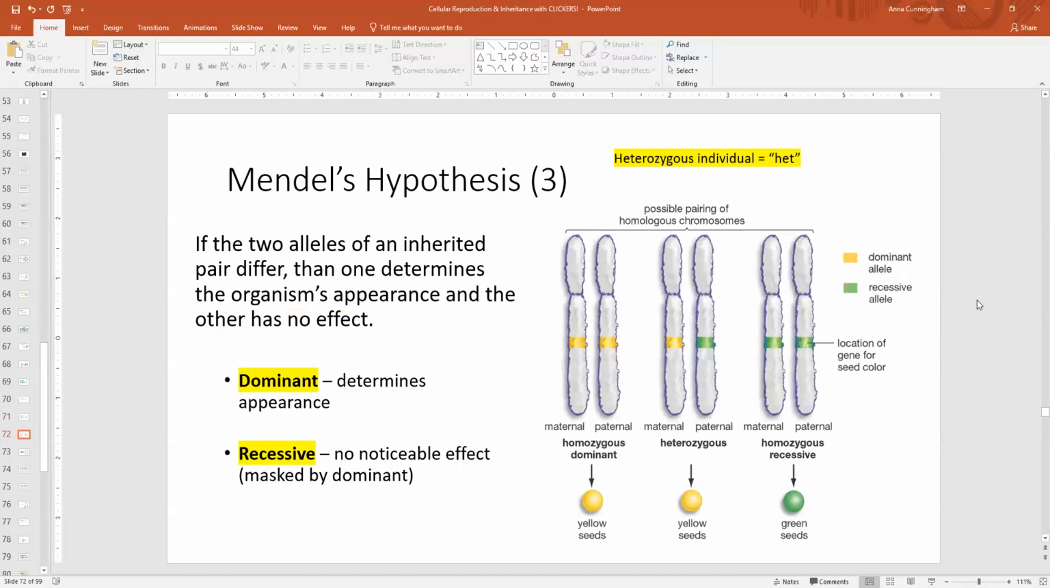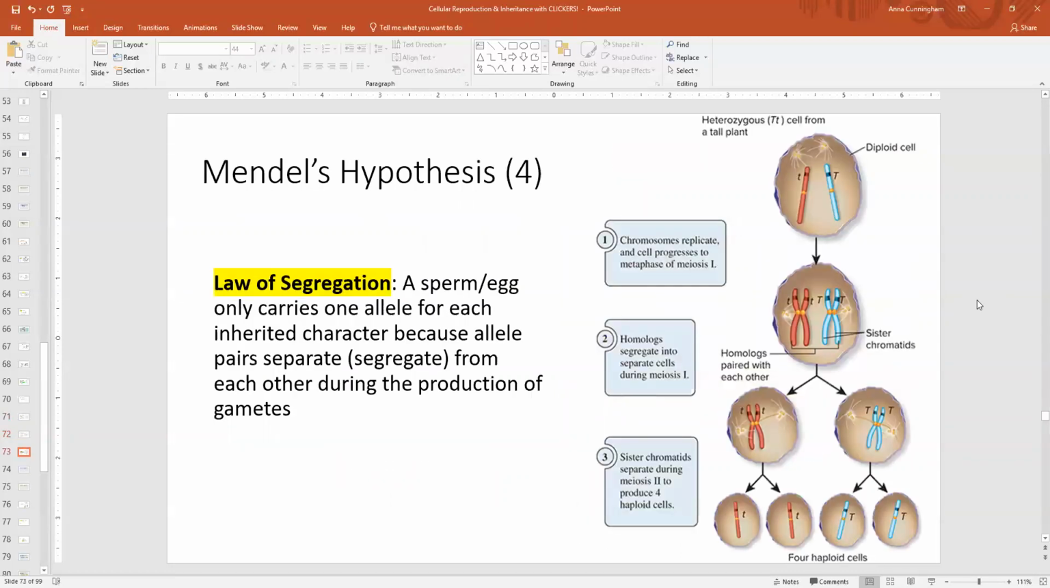His third hypothesis is that alleles have different expression patterns. They can be always expressed, in which case they're dominant, or they can only be expressed if it's the only allele present, basically, which would be recessive. So recessive alleles are only expressed if the dominant allele is not there in traditional Mendelian genetics. Right. The fourth hypothesis really goes with the law of independent assortment